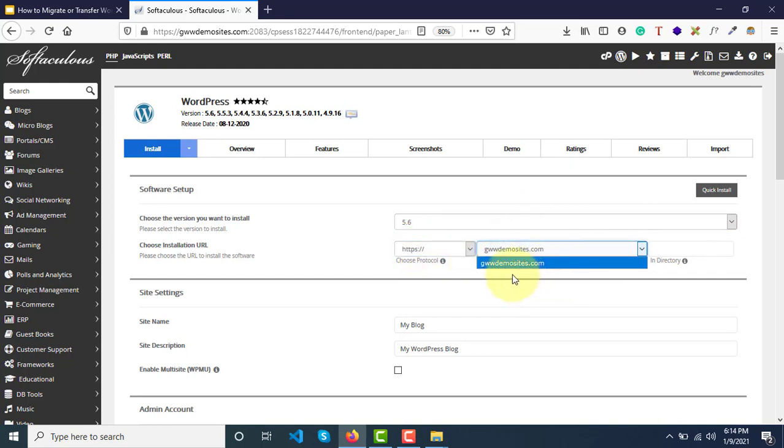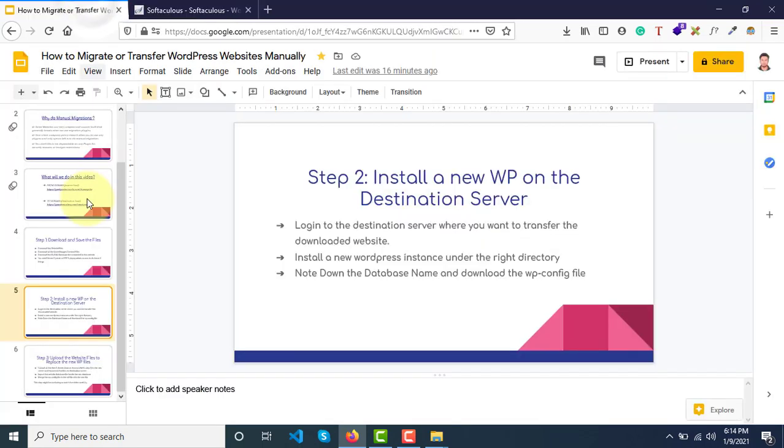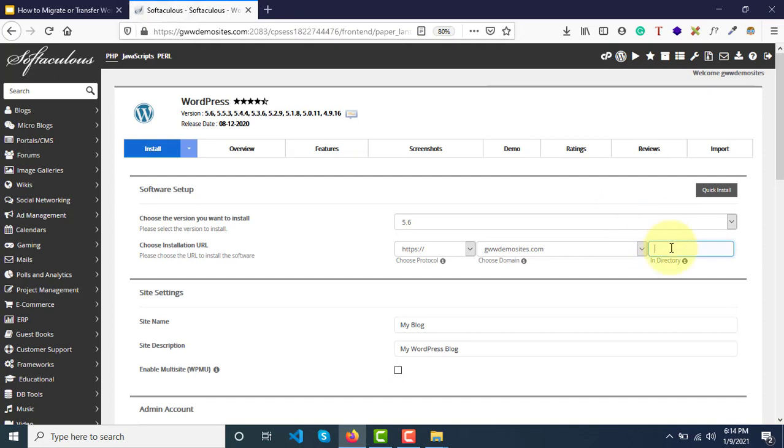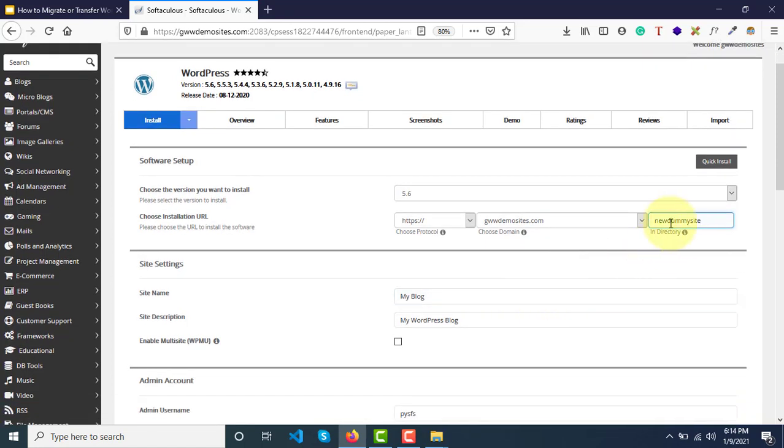We want it installed under www.demosites.com under a directory called new dummy site, right? We don't have the directory called new dummy site, so I'll just install a directory called new dummy site. If the directory is present, WordPress will be installed inside that directory. If the directory is not present, it will create one and install WordPress inside it.